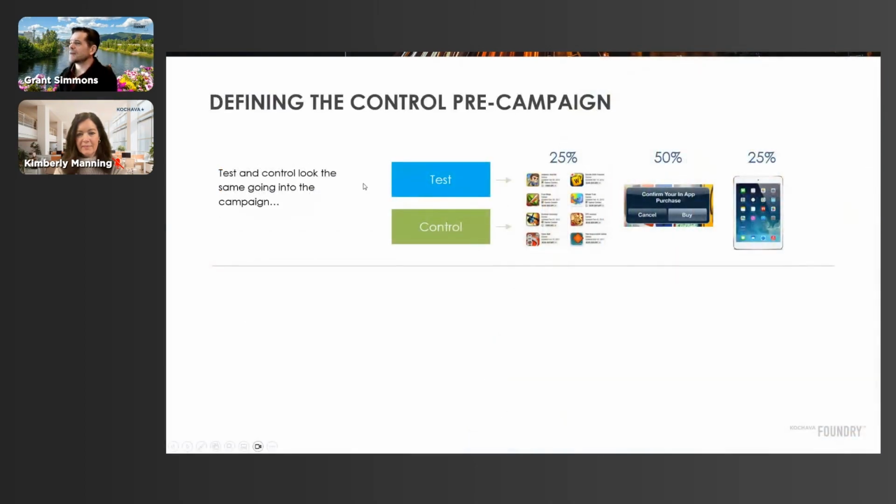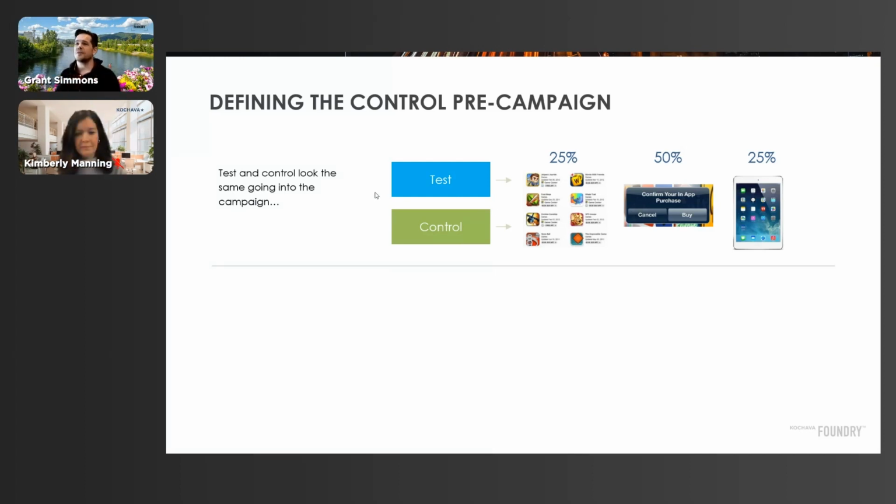And so as you go into the test with your predefined group, let's say, again, we'll use the example of 5 million customers. And we could wave our magic wand and we saw that 25% of those 5 million customers are gaming aficionados. And 50% of that universe has demonstrated in-app purchase activity. And 25% of them are tablet users, right? So this is the sort of information that you can have.